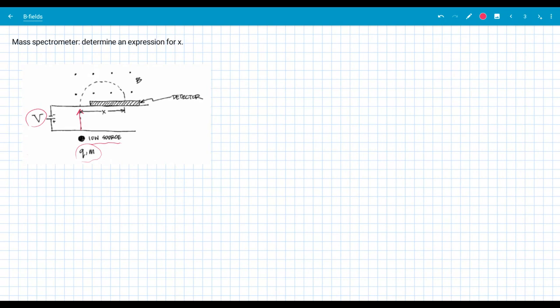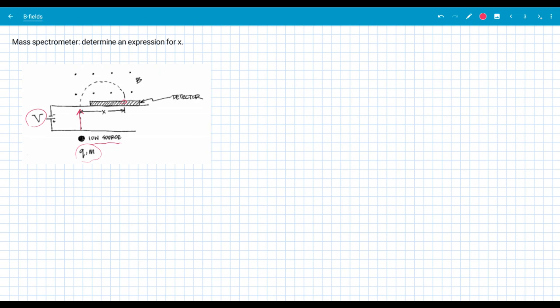So the particle curves and hits some spot in the detector, and notice that this X here is the diameter of its path. That detector would be connected to a computer. The detector is a sensor, and by where the various particles hit, you could get a feeling